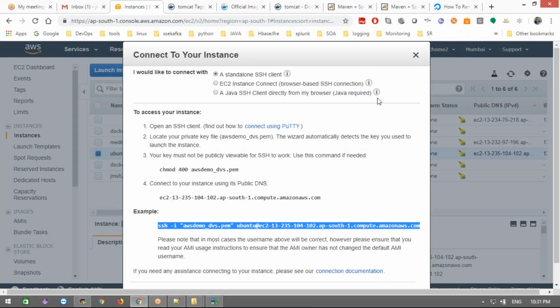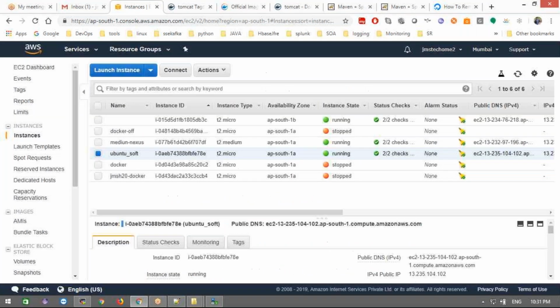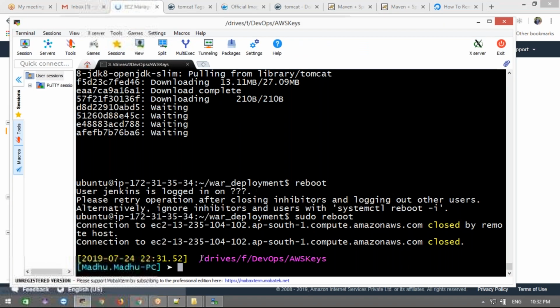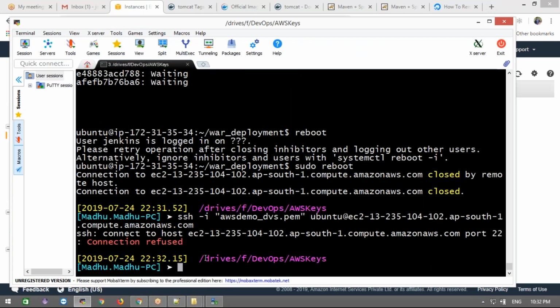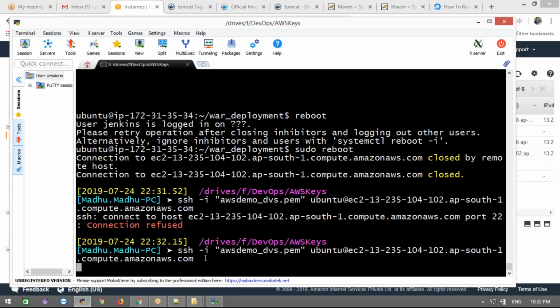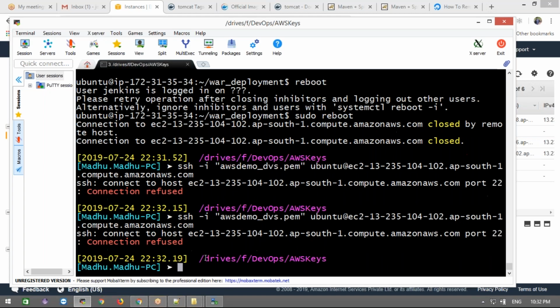Actually, it's stuck in this. When it's up, it will be connected.